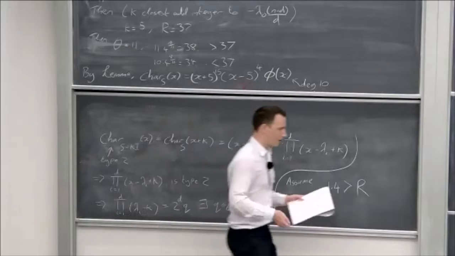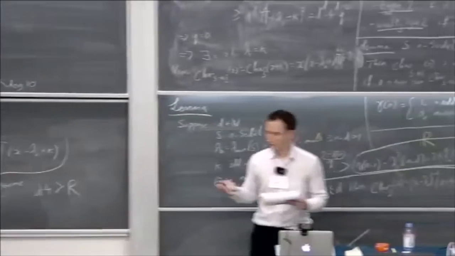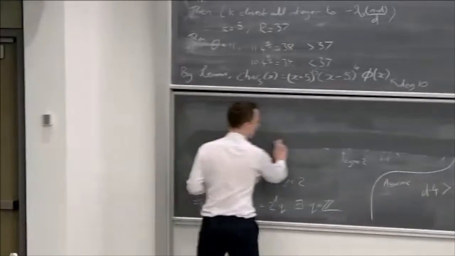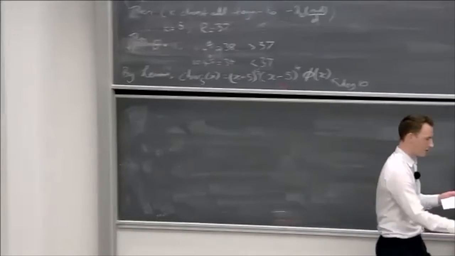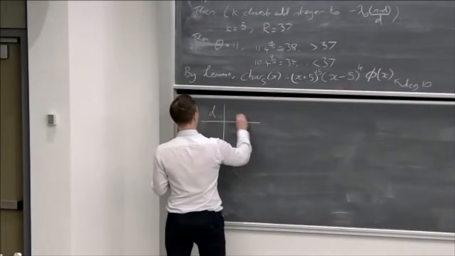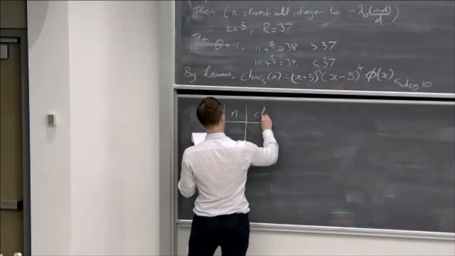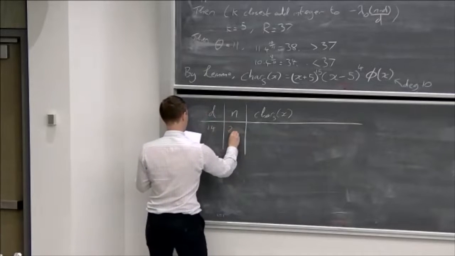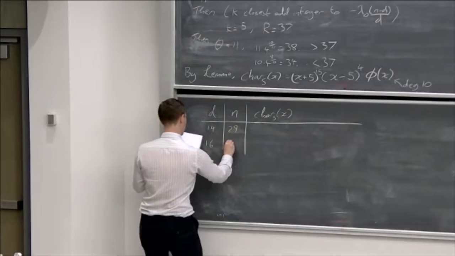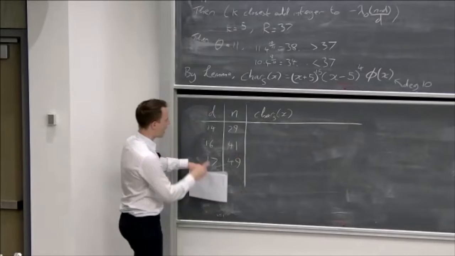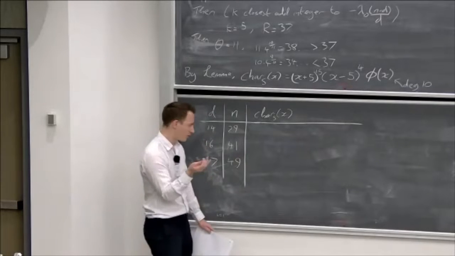So in this course, I want us to see how to deal with d is 14, 16, and 17. And so I'll just do a brief summary of those values. I'll just summarize that in a table. So here's n, and here's the characteristic polynomial of S. So d = 14, n = 29; 16, 41; 17, 49. So these are the n that we want to kill in order to establish that the constructions that we know of